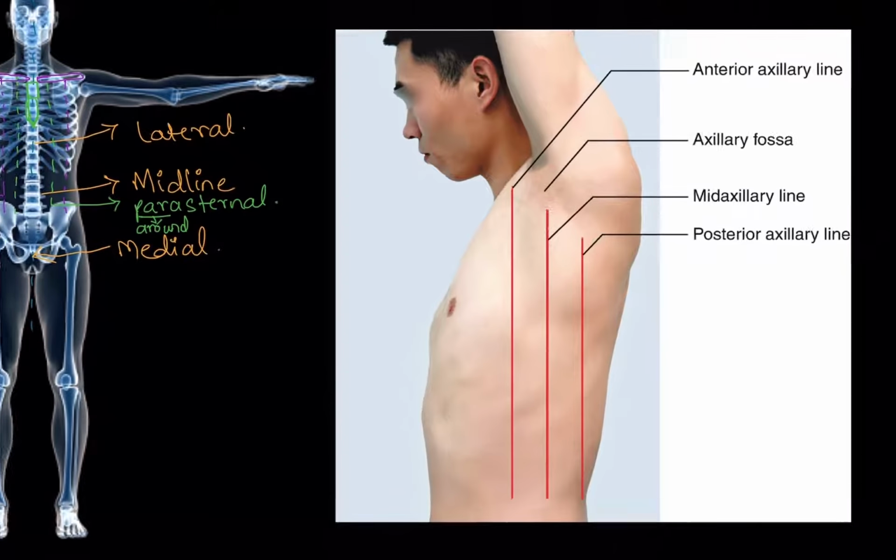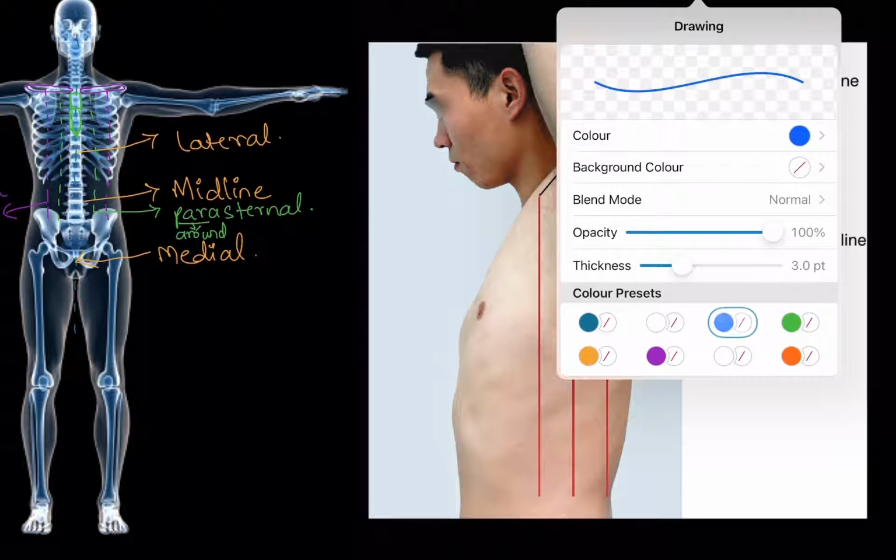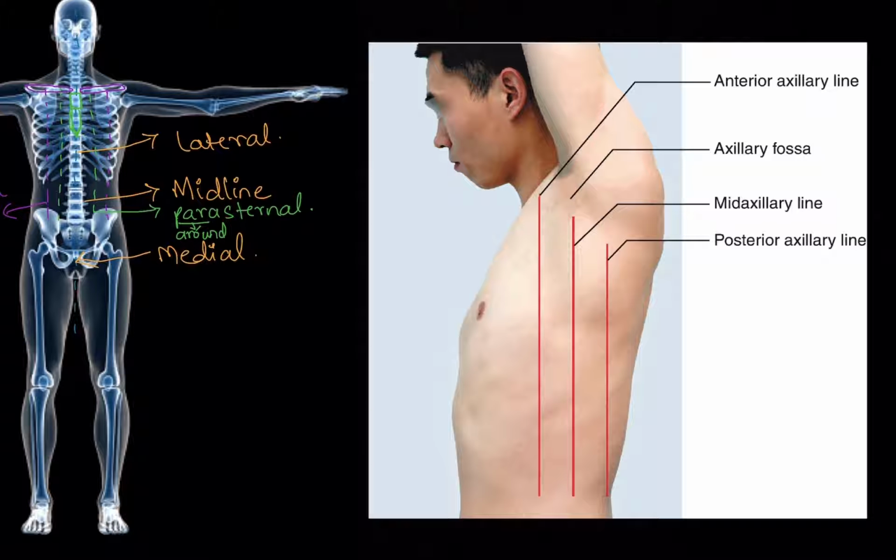You have a few more lines which you can look at here. Everybody knows what an armpit is, right? Armpit in medical term is known as the axilla. So here the fossa is nothing but a depressed type of thing, like you have a depression in your armpit, right? So that part is known as the axillary fossa. Now if I draw right at the center of the axilla part a line, we are drawing it at mid, right? We are drawing it at the axillary region, so it's called the mid axillary line.